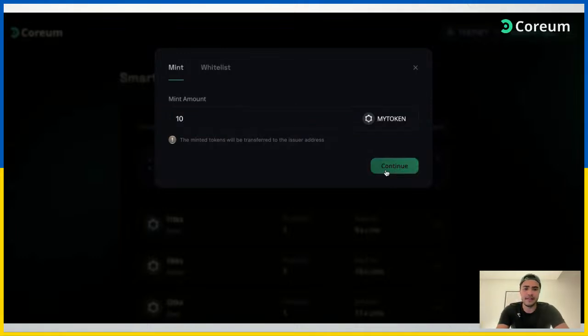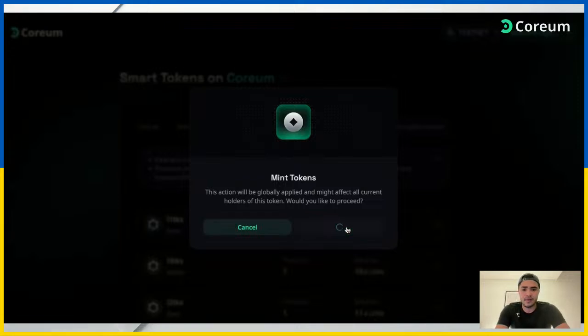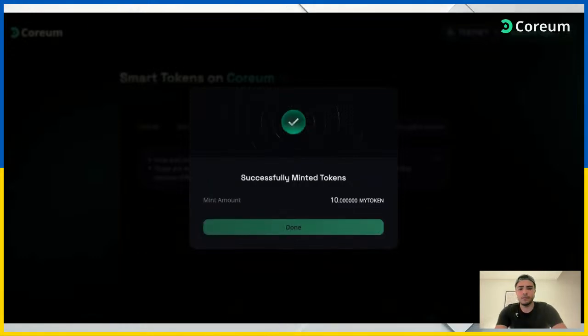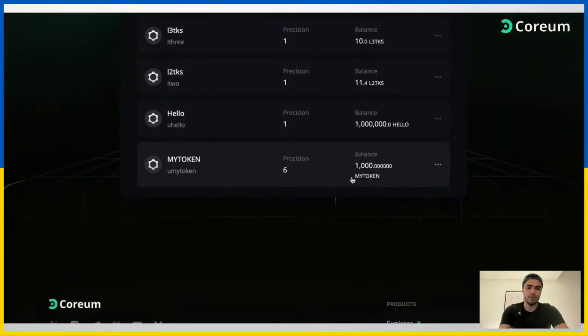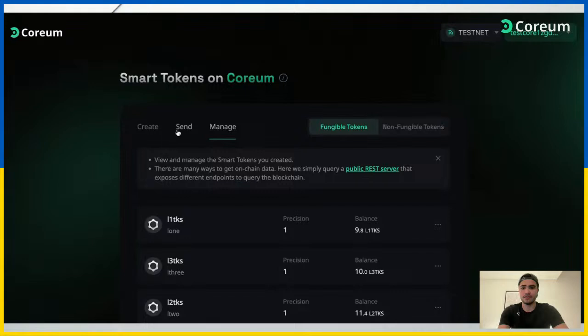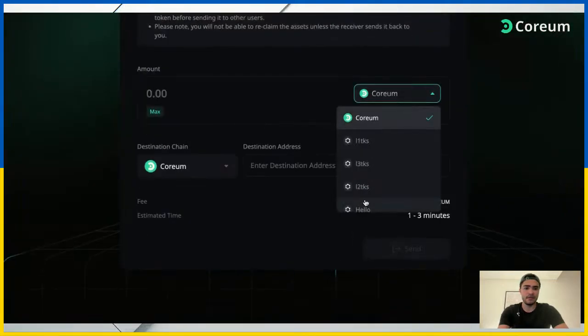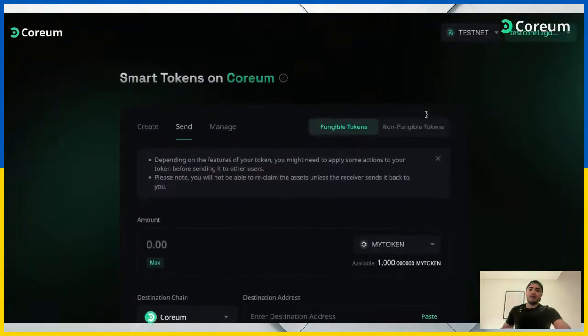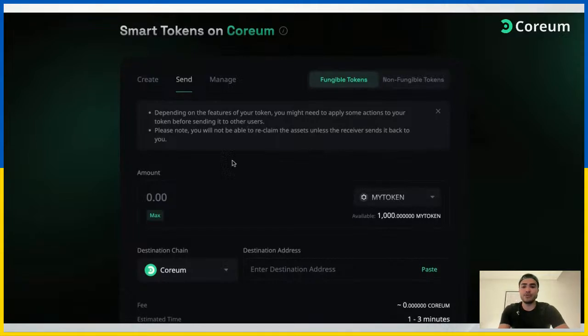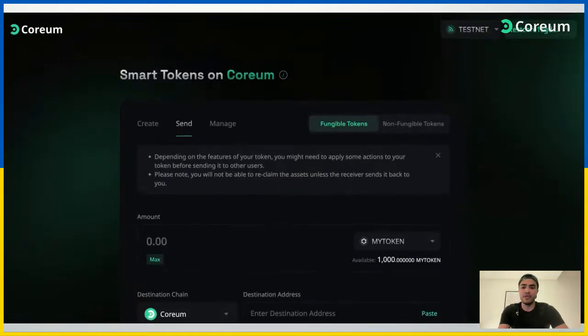And now let's try to mint more tokens. So I want to mint 10 more tokens, right? So mint, I need to sign the transaction. And perfect, it's minted. And now I have 1,000 tokens again. And if I go here, perfect. All right, so that was how to create fungible smart tokens on the Coreum network with the TokenHub,